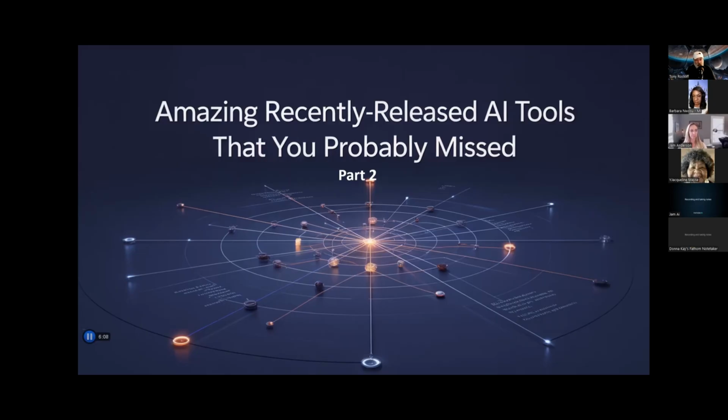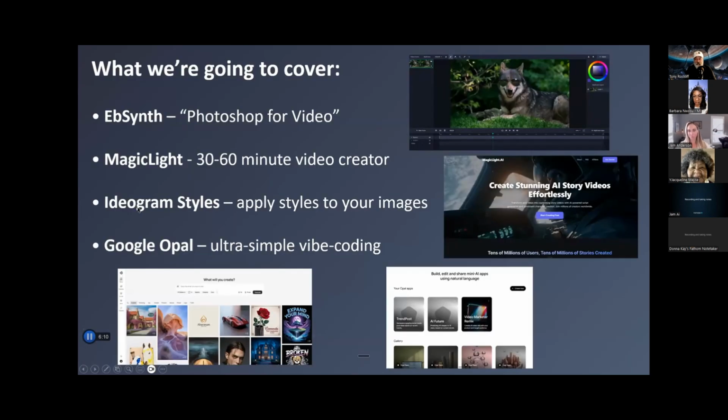So what are we going to cover tonight? Well, first of all, the strangely named Ebsynth, which claims to be Photoshop for video. And then we're going to take a look at Magic Light, which, as you probably know, most videos in AI video generation are like 10 seconds long or pretty short. Well, this tool makes 30 to 60-minute videos, which is pretty wild. Then we're going to take a look very quickly at Ideogram Styles, which is a feature they added that gives us some nice extra